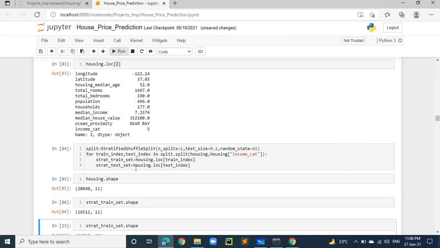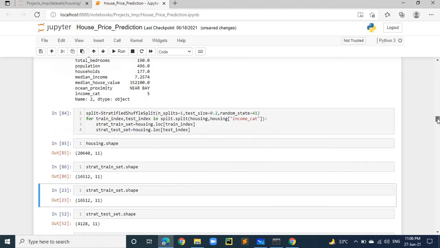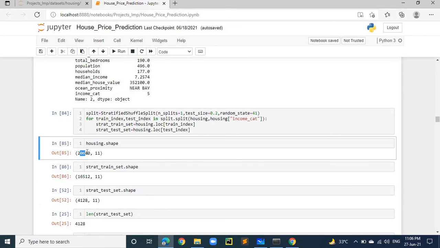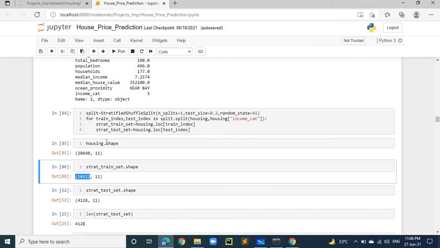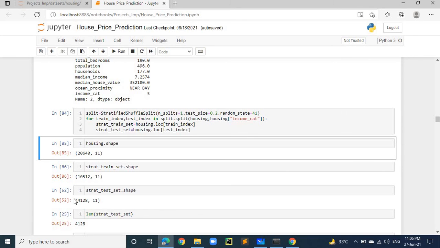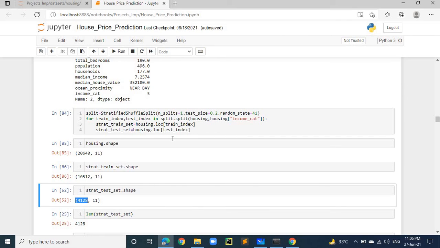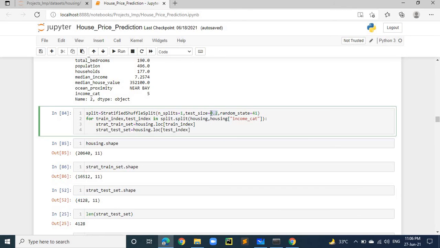Again, if you see the division of the training and test data set, the training data set is near about 16,000 records and the test is 4,000. So we are having about 20,000 total records. 80% of 20,640 is 16,512, which belongs to the training data set, and 20% of this, about 4,000, belongs to the test data set. It is automatically divided. And if you want to split 70-30, you can mention 0.3 here, and accordingly it will divide as 70-30 percent.